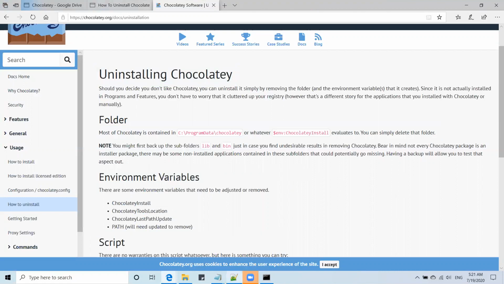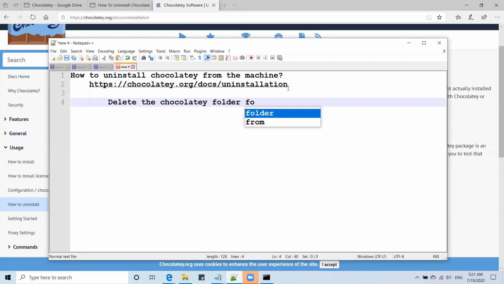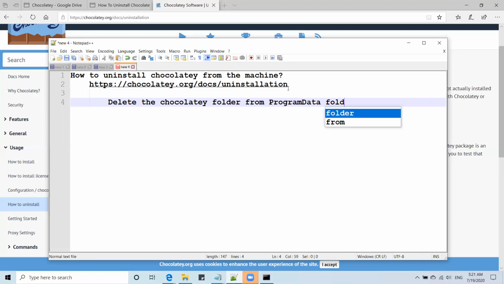For that, what is the procedure we need to do? One is delete the Chocolatey folder from the ProgramData folder. Okay. This is the first one.